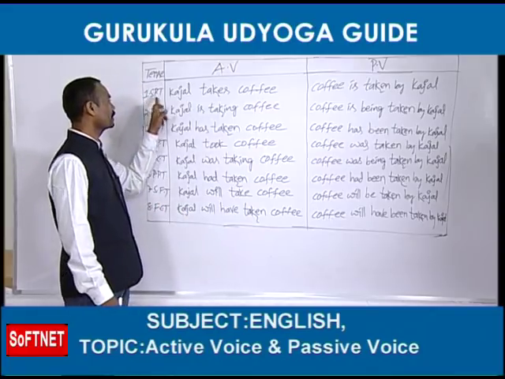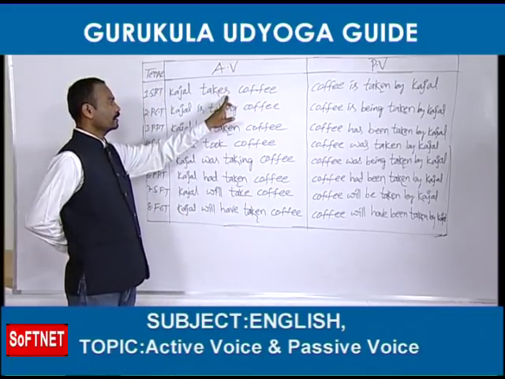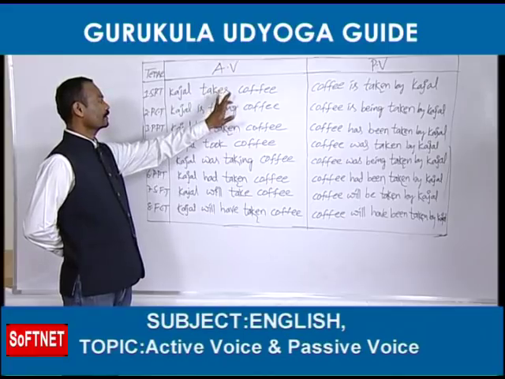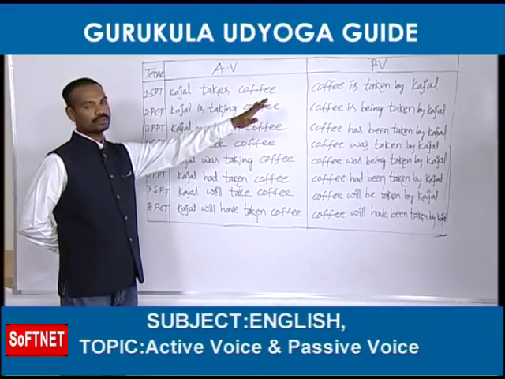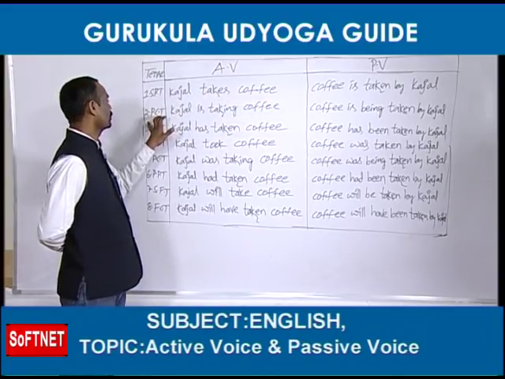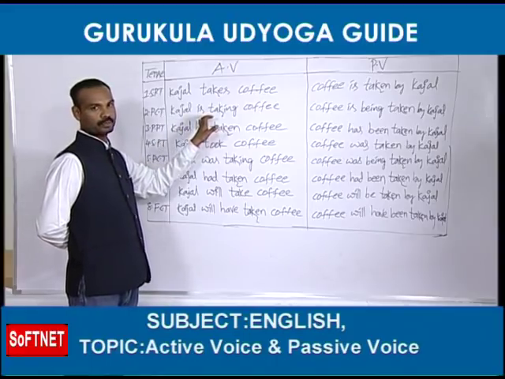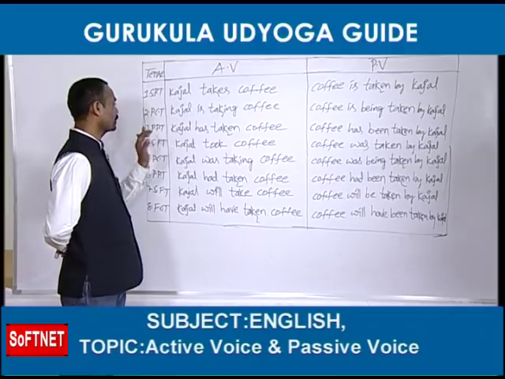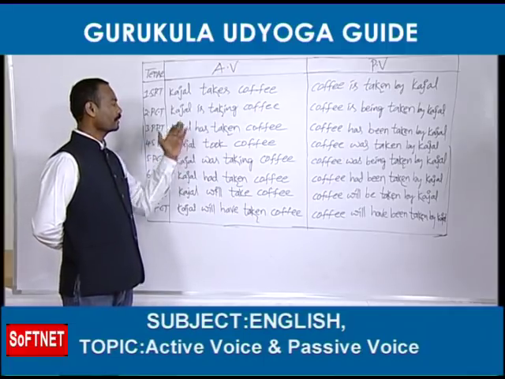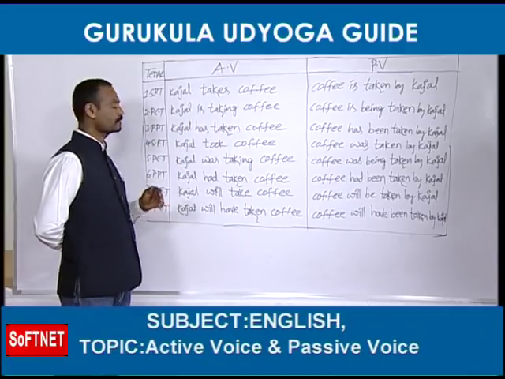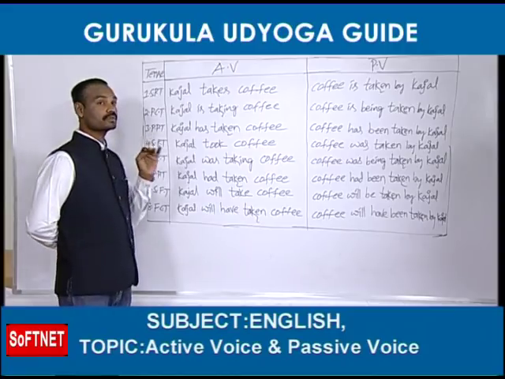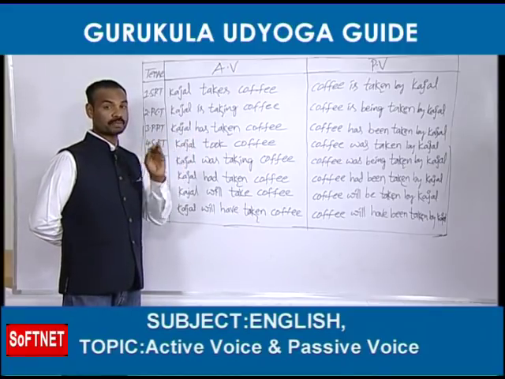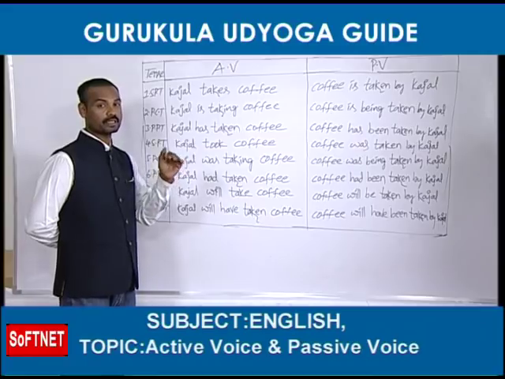See, tense number 1, simple present tense. From simple present tense, any sentence can be changed into passive voice. Next, present continuous. Yes, in present continuous also we can change active voices into passive voice. Third one, present perfect tense. Yes, for present perfect tense there is a passive. Next, fourth tense is what? Present perfect continuous tense. For present perfect continuous tense there are no passive voices at all.